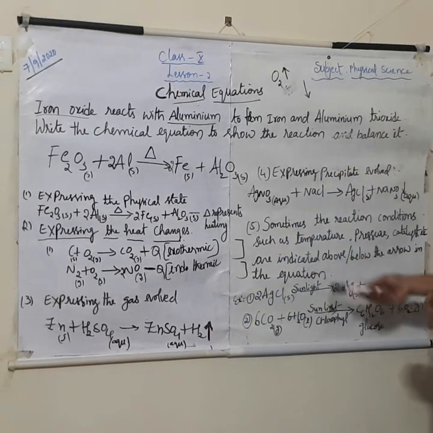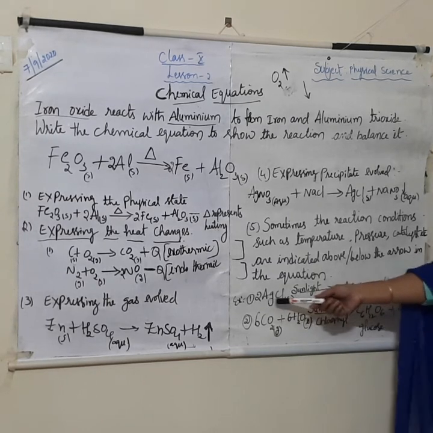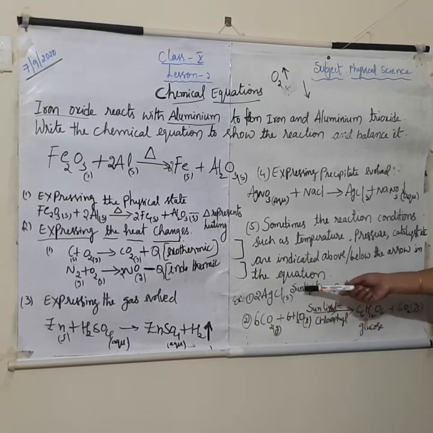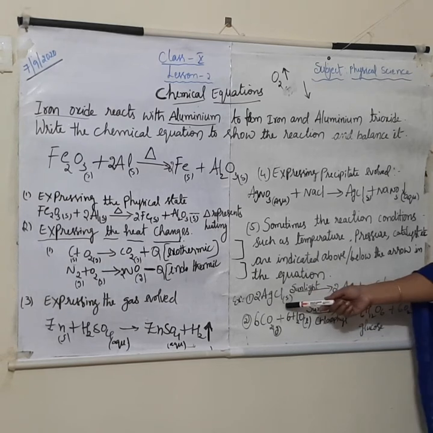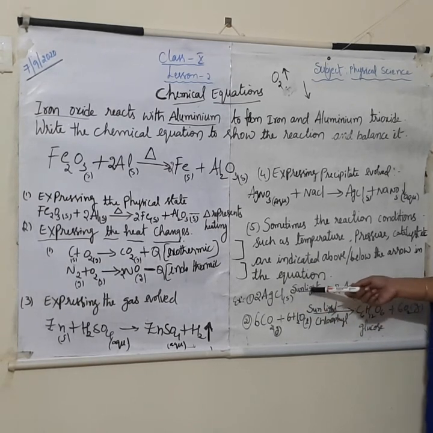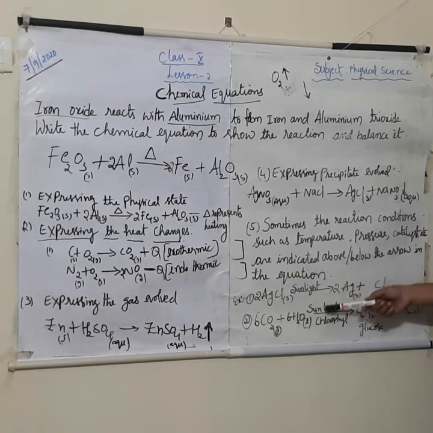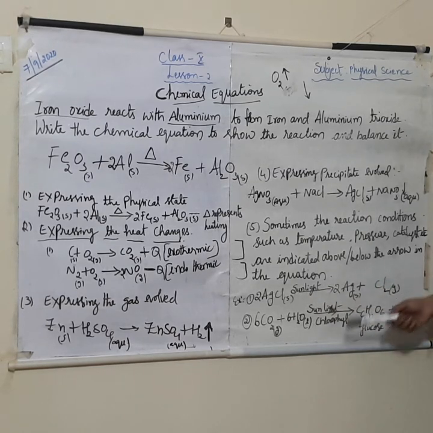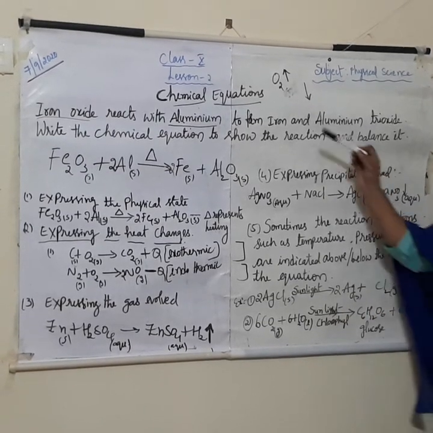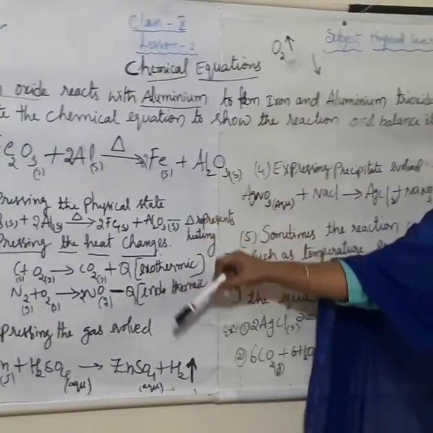Okay. Now just see the example. Silver chloride, this is a solid, and in the presence of sunlight, so this is a catalyst. Here sunlight, all that you must represent above the arrow or below the arrow. So sunlight, then you will get these products. Next, here see, when carbon dioxide reacts with water in the presence of sunlight and chlorophyll, all this you must write above and below the arrow. Like this, from a balanced chemical equation, we'll get this information.